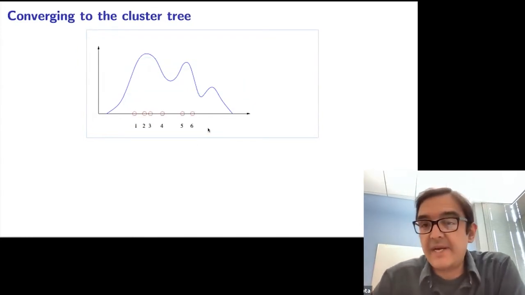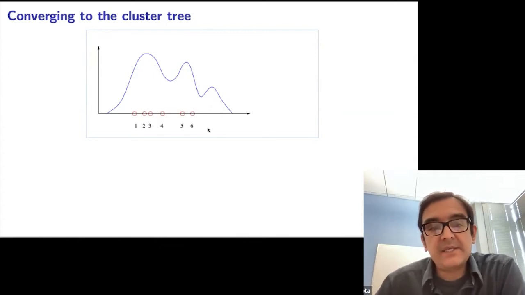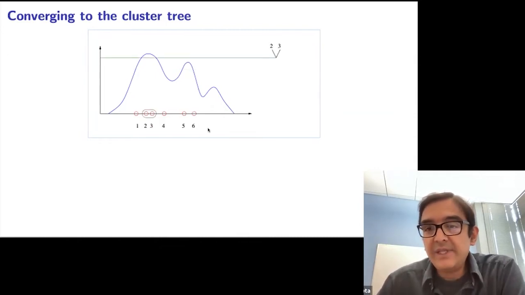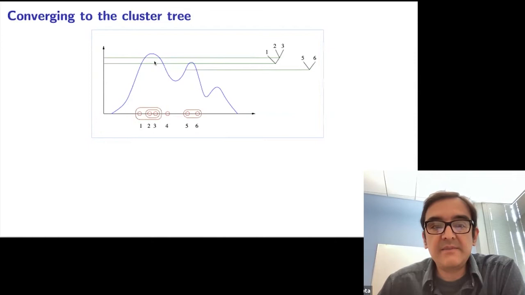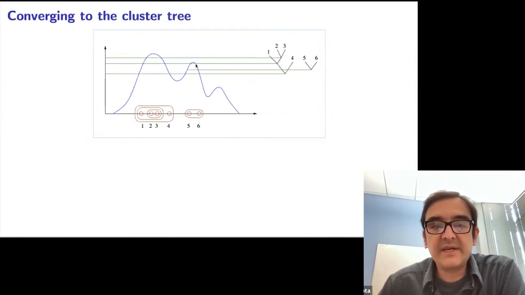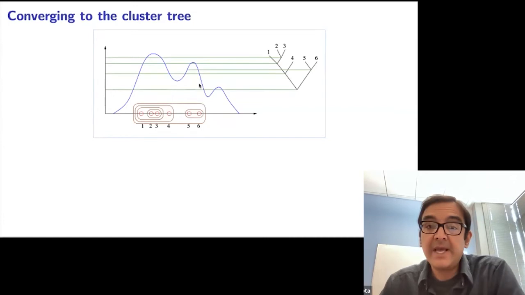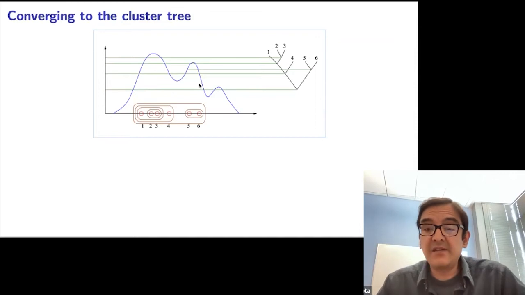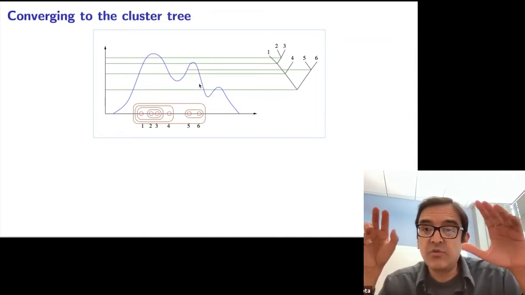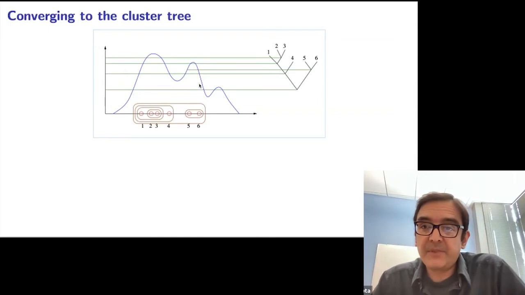So let's say we have a finite data set like this. It starts by merging the two closest points. And you can think of that as sort of an approximation to this cluster over here. And then it merges in one more point, and you can think of that as an approximation to this cluster. And then it merges these two, and that's an approximation to this. And then it puts in one more, and that's an approximation to this. And then it merges these, and that's an approximation to this larger cluster over here, and so on. And so in this example, it really seems like, at least in some intuitive sense, single linkage really is consistent with the underlying cluster tree, okay?